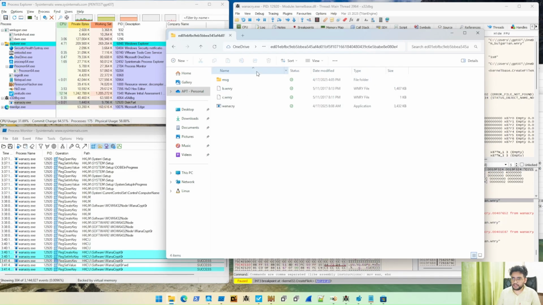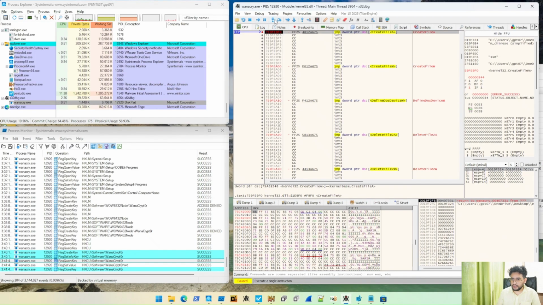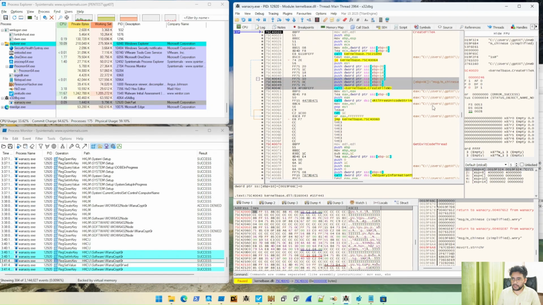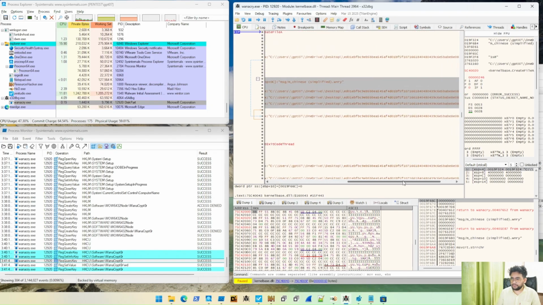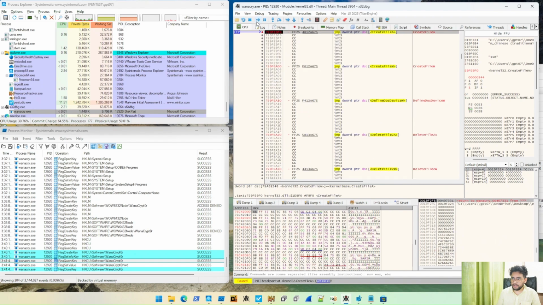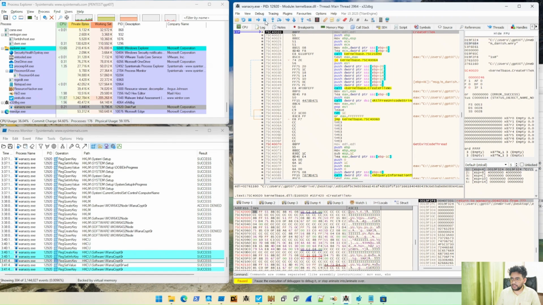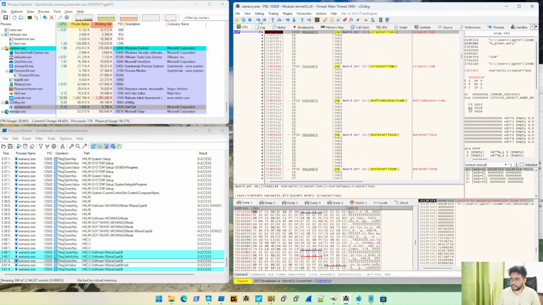Let's run again. Same stuff which is happening. Okay, in the same folder it's dropping. Next. Next. Here you can see in accumulator register EAX, there's so many files. Okay, Russian, Spanish, Swedish. Okay, taskdl.exe,